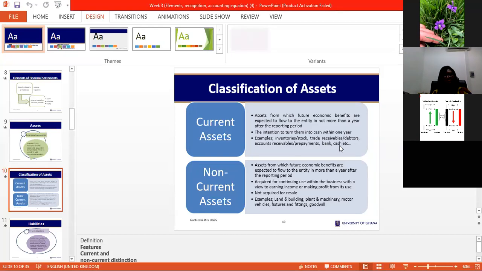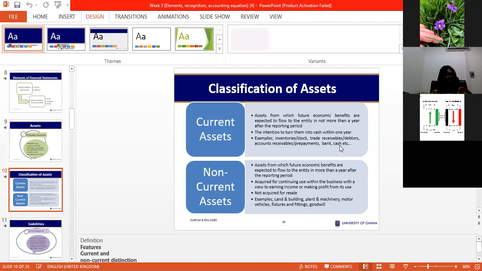Now for non-current assets, they are supposed to bring some benefits in more than a year. And so it's supposed to be working and generating some economic benefits for the business entity in more than a year. And so that is where the caveat is. Whether you can classify employees, which of course they are the intangibles.